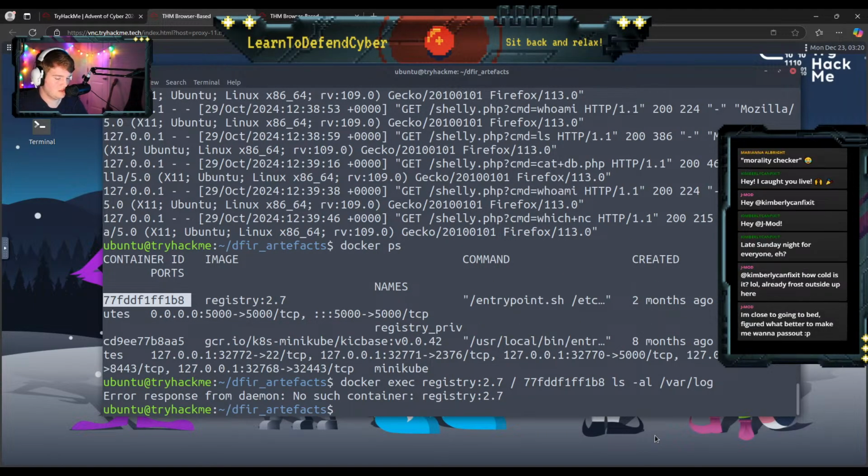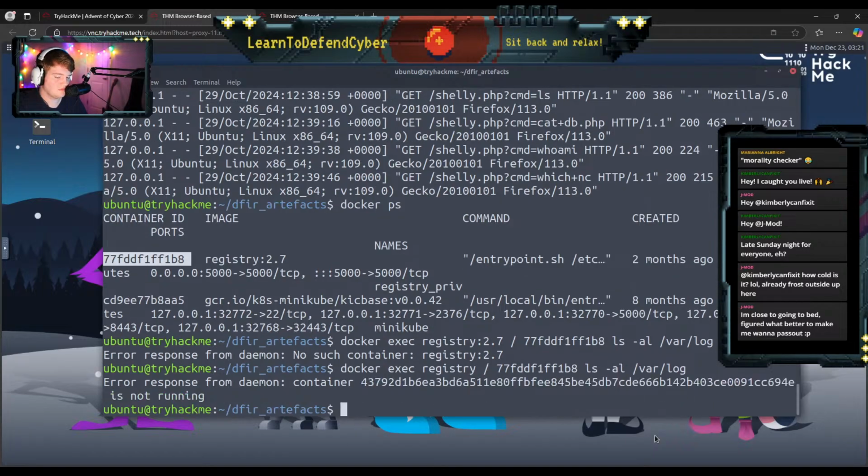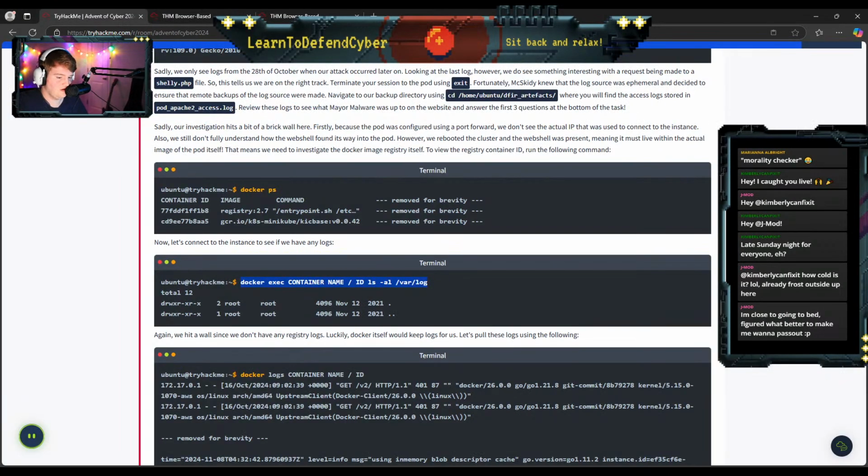Do I not need the 2.7? Can I just do registry? I can. Container is not running. Is that the expected output? No, it is not.